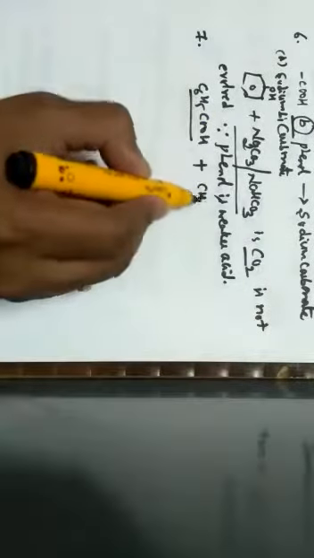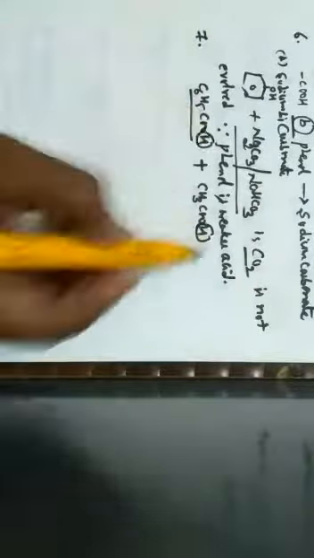Next one, question number 7. When a mixture of calcium benzoate and calcium acetate is dry distilled, the resulting compound is. So to write calcium benzoate, you should know the benzoic acid formula, and to write calcium acetate, you should know the formula for acetic acid. So replace the hydrogens by calcium. So calcium benzoate means (C6H5COO)2Ca, because benzoate valency is -1, calcium valency is +2.